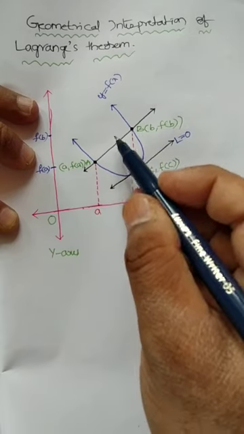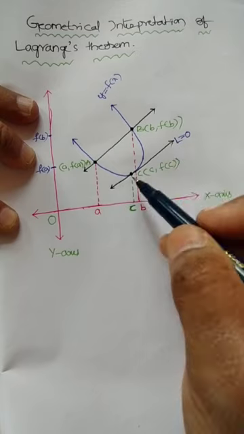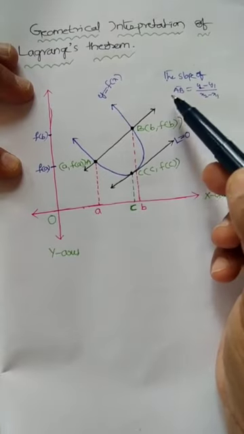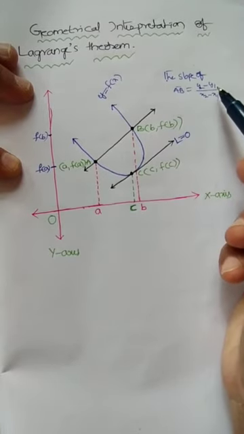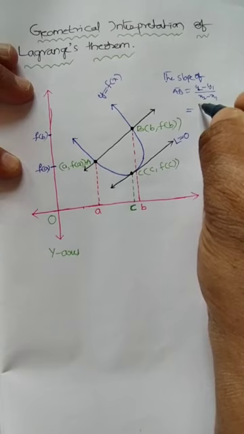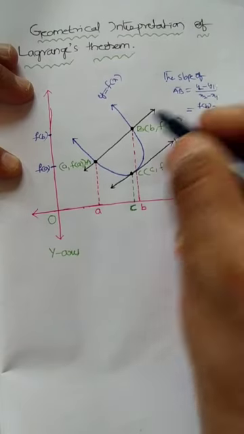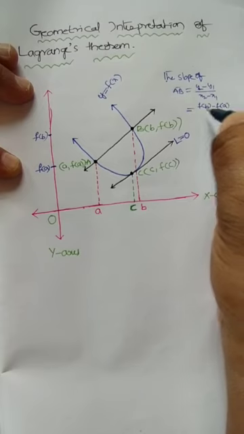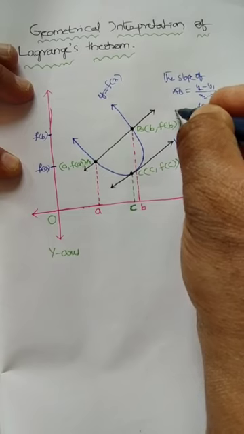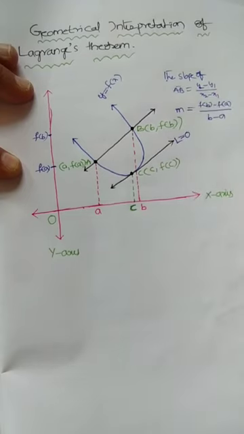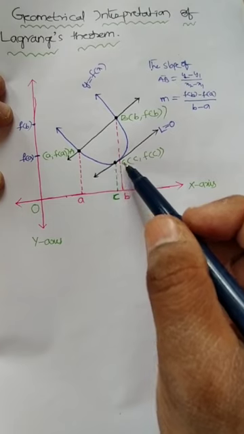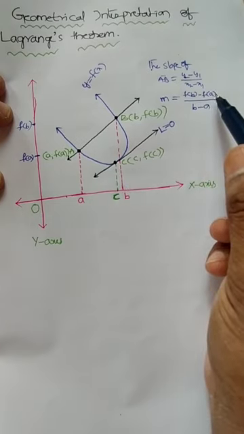So it is equivalent to the slope of the tangent line L = 0 drawn at the point C on the curve. The slope of AB bar formula is what now? y2 minus y1 by x2 minus x1, isn't it? So what is our y2? f of B minus y1, which is f of A, by x2 minus x1, which is B minus A. So this is the slope of AB bar. I am considering it as m. So the tangent line slope drawn at this point C is f of B minus f of A by B minus A.